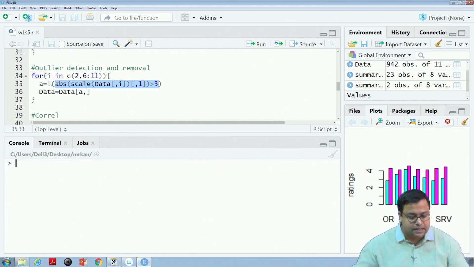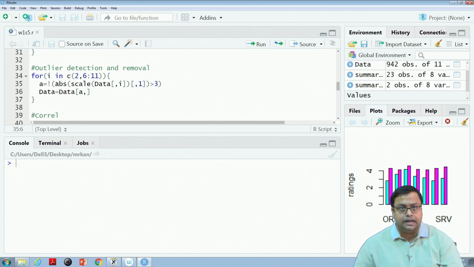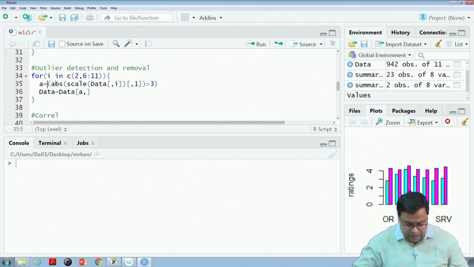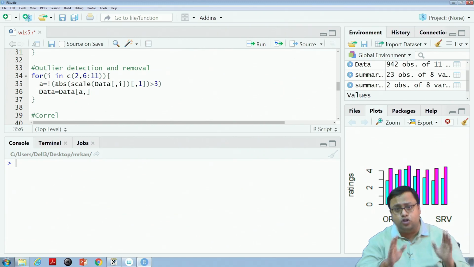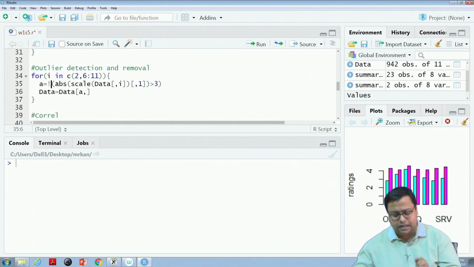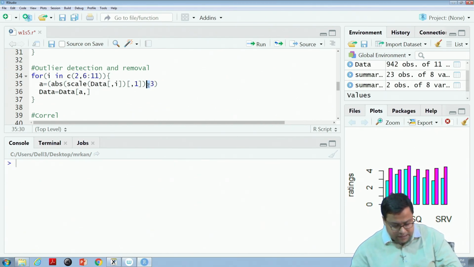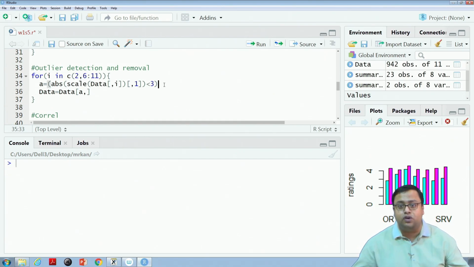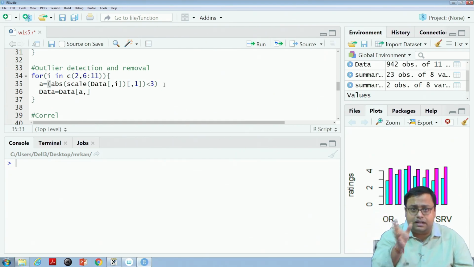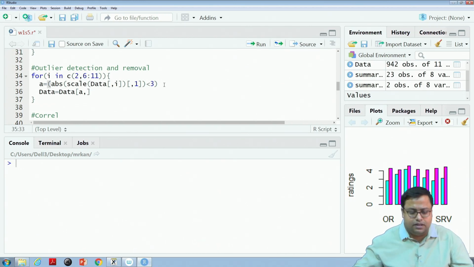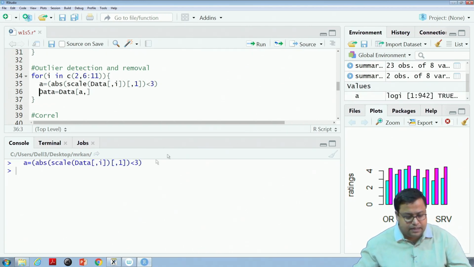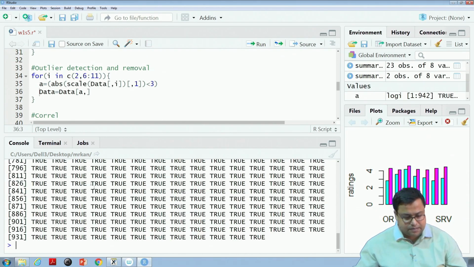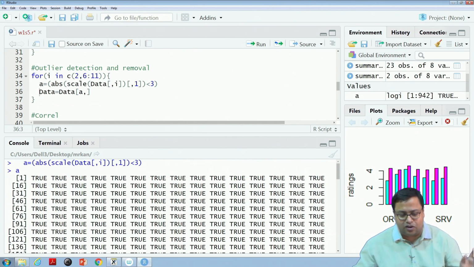So, instead of doing this, let us make it simple. Delete this one, just check what I am deleting. There was an exclamation sign which was not needed on the right side. So, I am removing this and putting a smaller than sign. Smaller than sign means it will give me true values when values are within 3. When the mod of z is lower than 3, it will give me true, and those are the values I want to keep in my data set, because they are not outliers. So, I am putting that. All the trues mean these are not outliers.